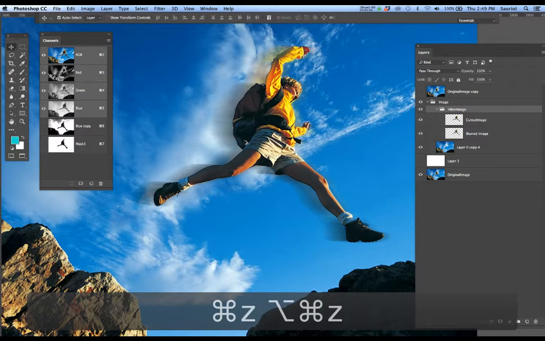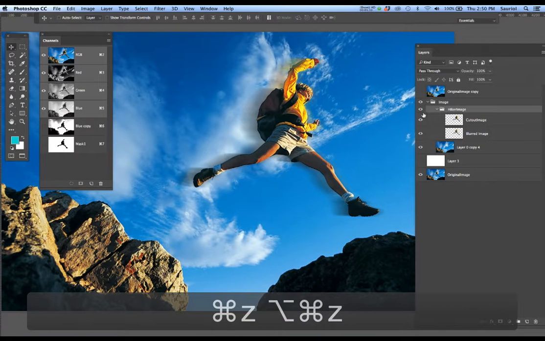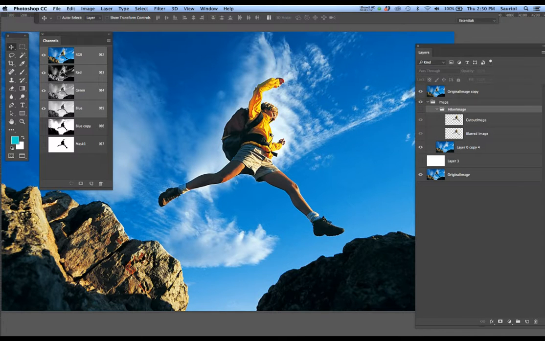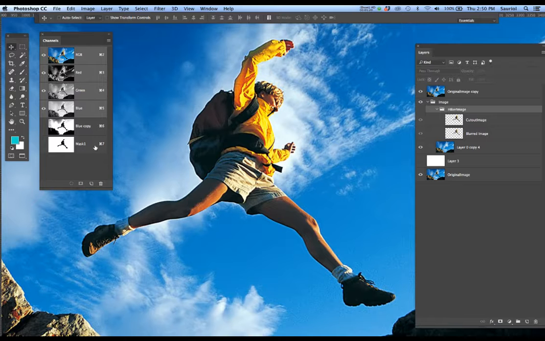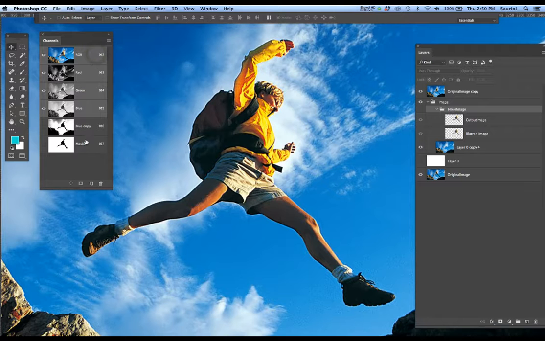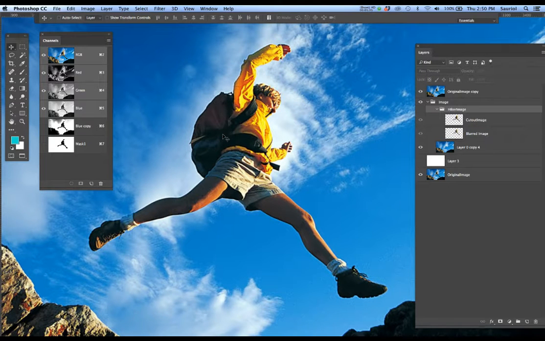So I'm going to Z back and Z back again until she's back in the exact place that she came from, which really doesn't matter, I suppose. But I'm going to turn off that image right there and click back to the main image. Now I'm going to zoom in again. I was able, through the use of channels, to create that mask on her right there. And you can see just how accurate that mask is. But I didn't have to do very much in order to create it. I did have to do a little bit, and that is what this movie is all about. How to use channels and how to fix them. Then how to utilize them to actually create a movable object on a background that you can use as the